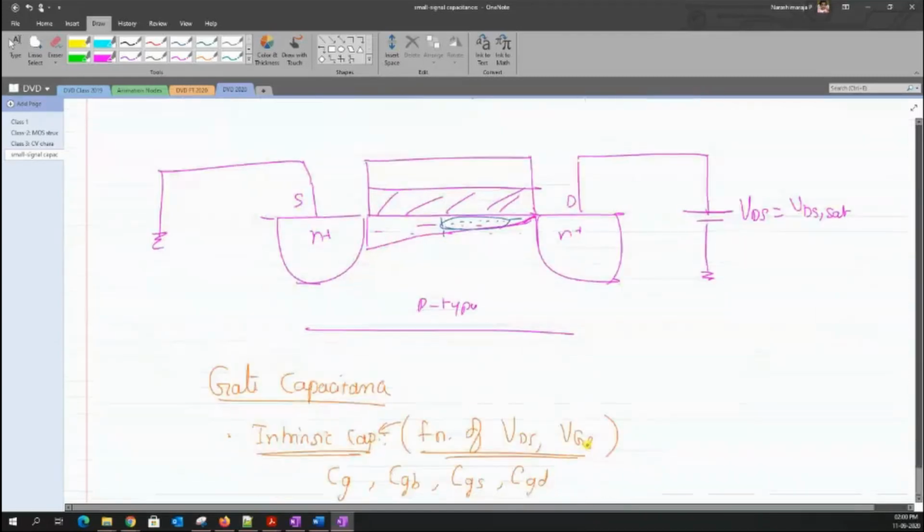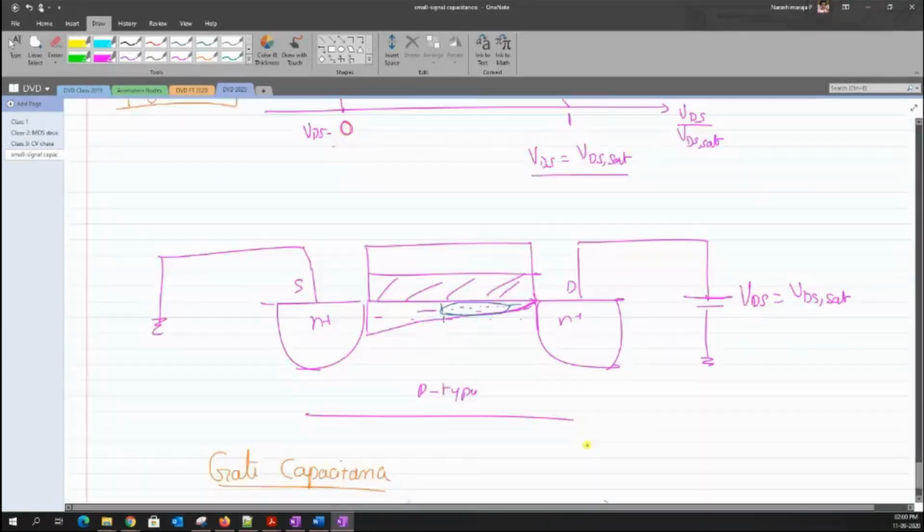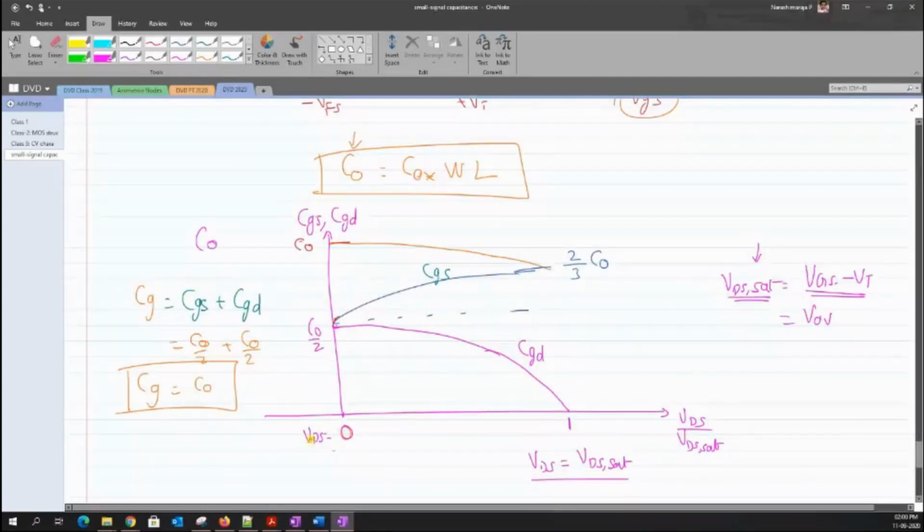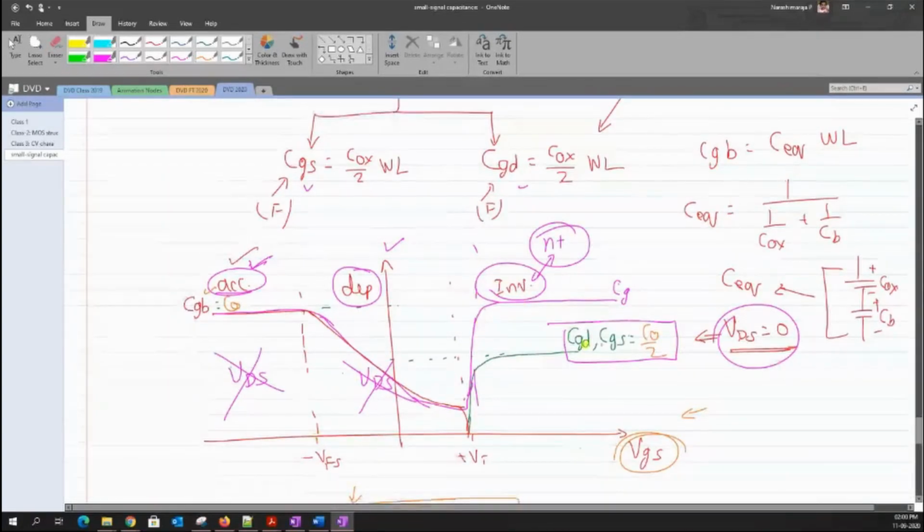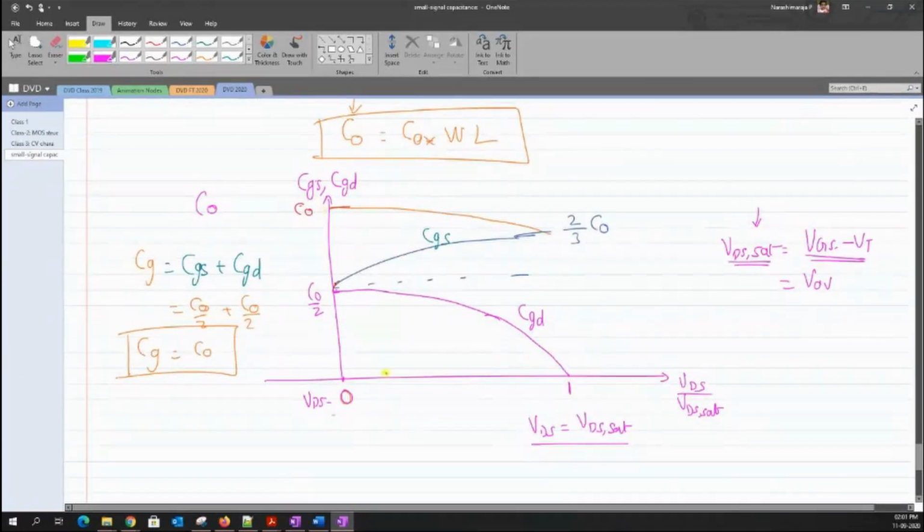Clear? So what about VFB? VFB will not come into the picture, right? Because we are worried about only this particular portion. As I said, the VDS will play a role only in the inversion region, and in the inversion region, the VGS can be kept at any value, either this value or this value. I'm worried only about the inversion region. The VDS will not have any role either in the accumulation or in the depletion region, so I'm not concerned with those regions when I'm talking about the gate capacitance with respect to VDS.